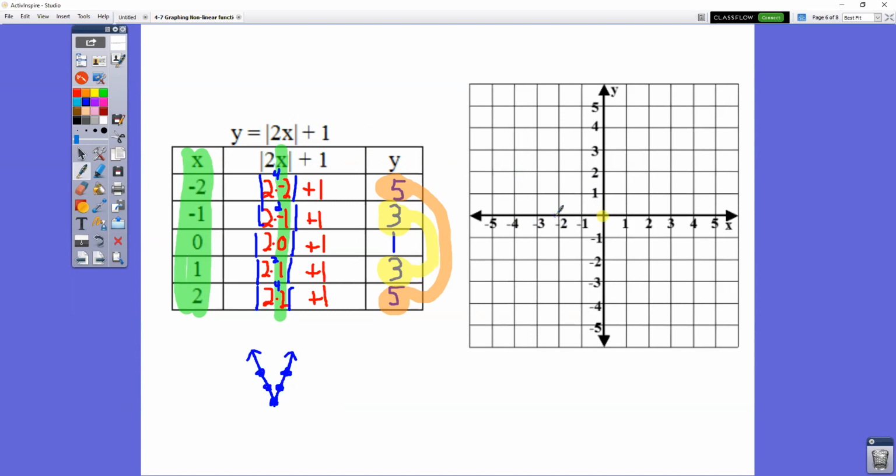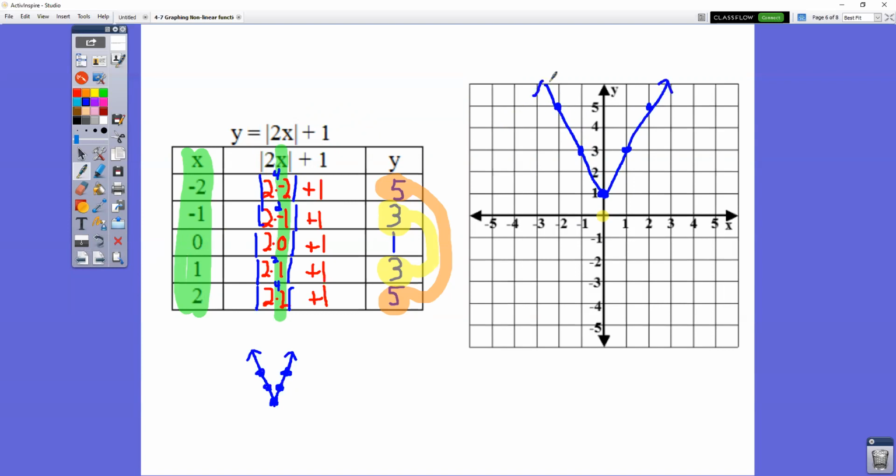So when we go to graph it, starting in the middle, over to -2, up to +5. Starting in the middle, over to -1, up to +3. Starting in the middle, over 0, up to 1. Starting in the middle, over to 1, up to 3. And starting in the middle, over to 2, up to 5. Notice how these in the V are perfectly equally distanced. There's like 2 in between, 2 in between, 2 in between, 2 in between. That's what's going to make that perfect V shape,